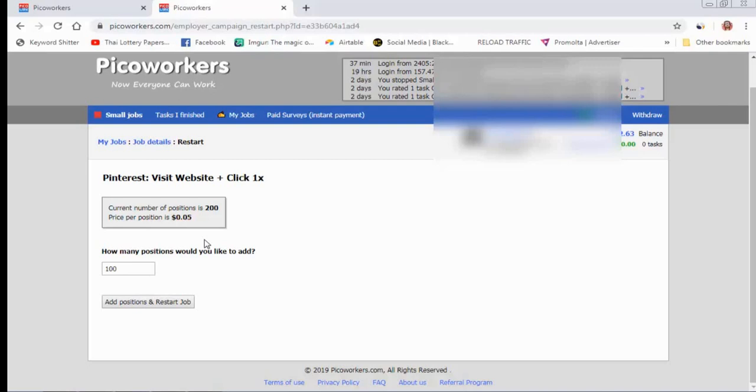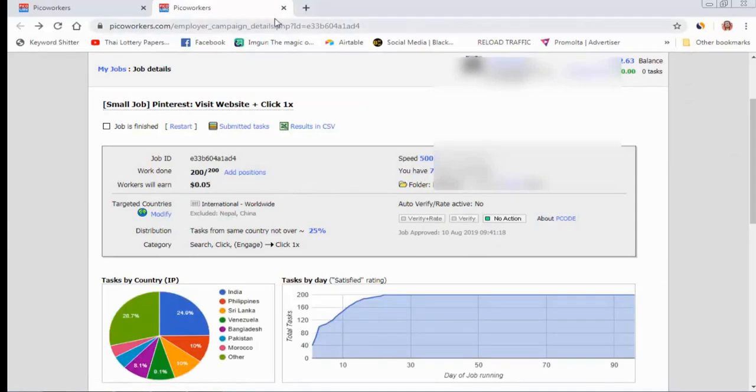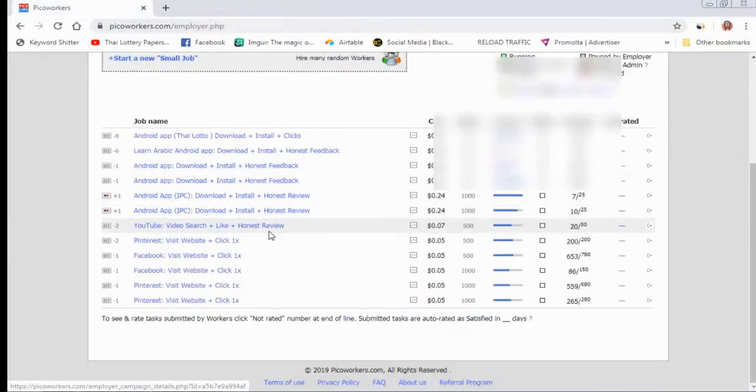So this is the short trick how you can get daily new clicks on your Google AdSense ads. Here you can add some more people and click here, add position and jobs.